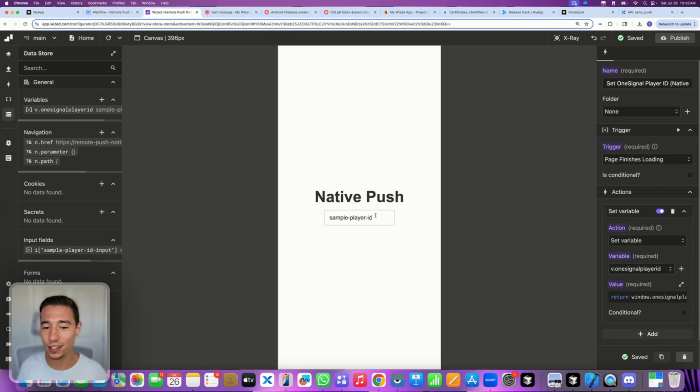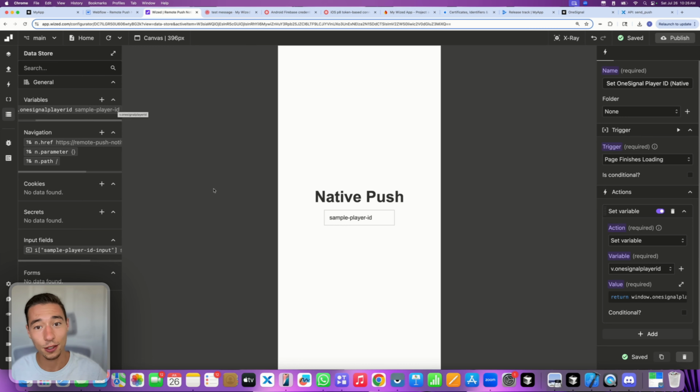So actually, when I do the sample player ID, I can have a sample value in the variable, because I think when you're working in Wized, you're working in a web interface, right? And I think it's pretty nice to have a default in case Despia is not available, because it's obviously not available in your Wized editor, right? So now when we run this in the Wized editor, we can have the sample player ID, because then what